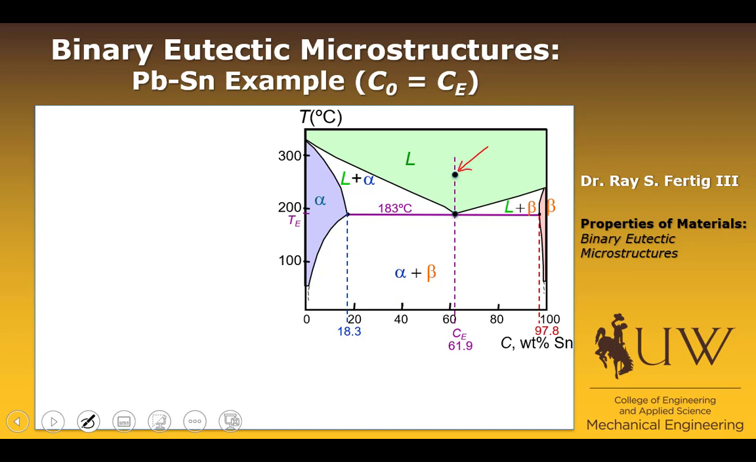Obviously, there's only one phase present, so we can write that the composition of that phase is going to be the same as the system composition, which we know is also the eutectic composition. And so we would write that as 61.9 weight percent. And then obviously the weight fraction of liquid is 100%, so it's just 1. And if we were to draw that microstructure, it would just be L. Okay? So now let's proceed to a little bit more interesting case, and that is